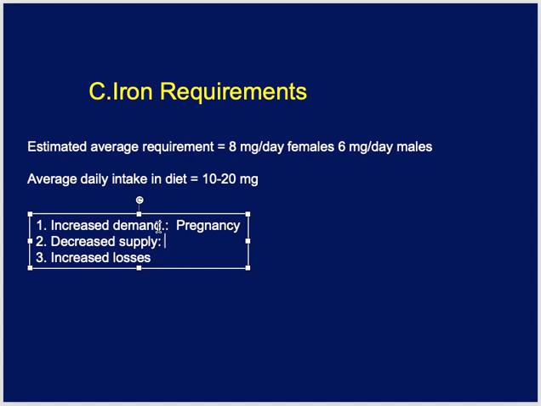The other thing is decreased supply, and in the decreased supply, of course, the most important factor in the developing world is diet, or the dietary factor. So in pediatrics, as you know, we were discussing that the babies who are completely fed on cow milk, cow milk is not good in iron, so we must provide them with some iron fortified cereals, or we must add iron in their diet. And if we do not provide that, they can develop anemia.